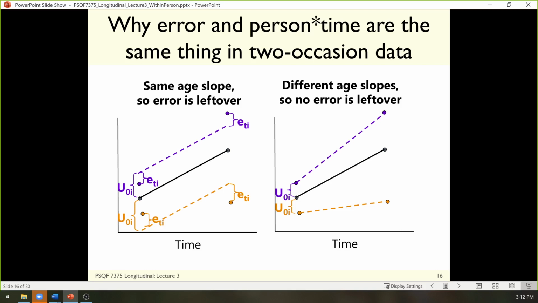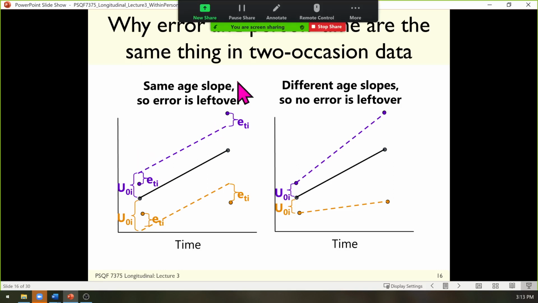And any models that you have seen in an SEM framework, by the way, that claim to get latent differences out of two occasion data, the way they do that is by shutting off residual variance and pushing all of that up to the change score, latent factor. SEM does not fix it. So in two occasion data, you either have residual variance or you have individual differences in change with no error left over. I think the former is a little bit easier to justify. So that's where we're at.